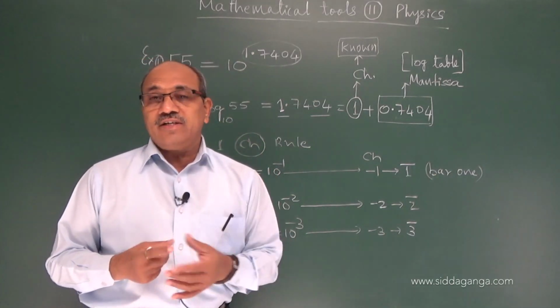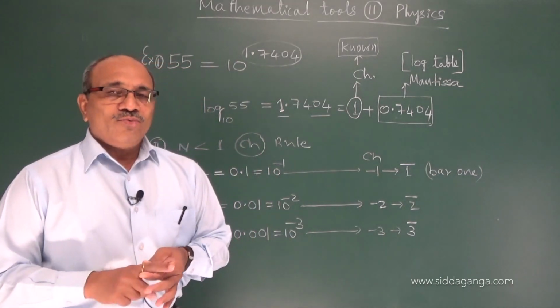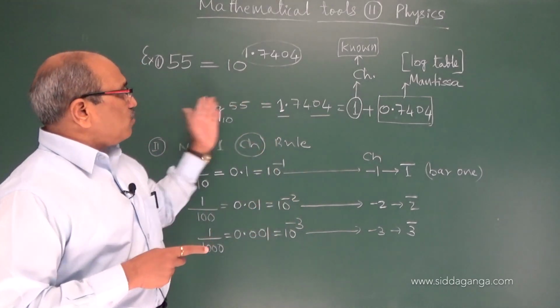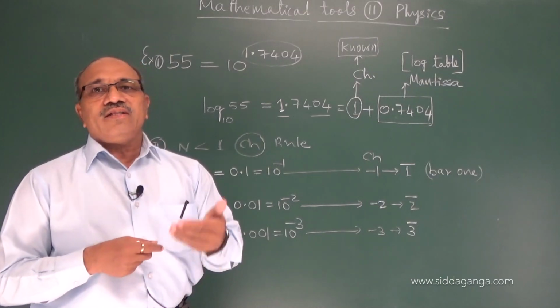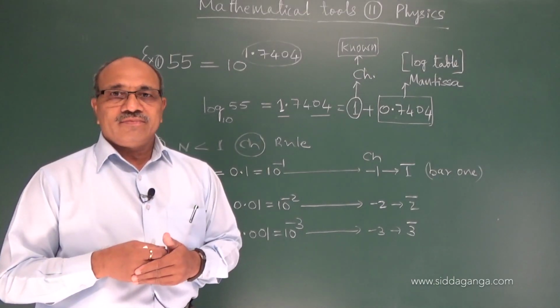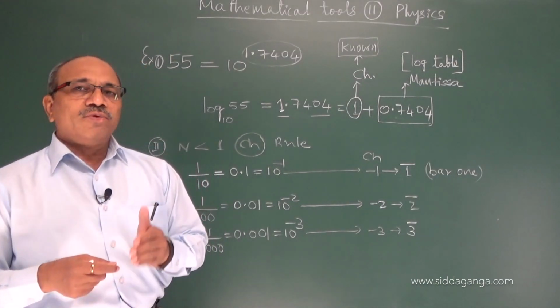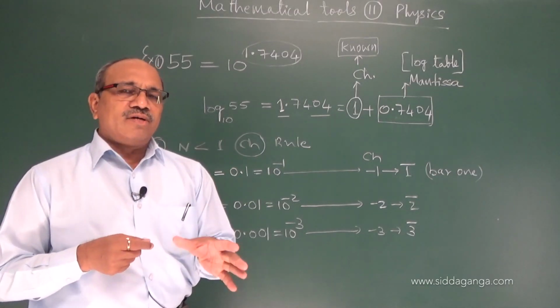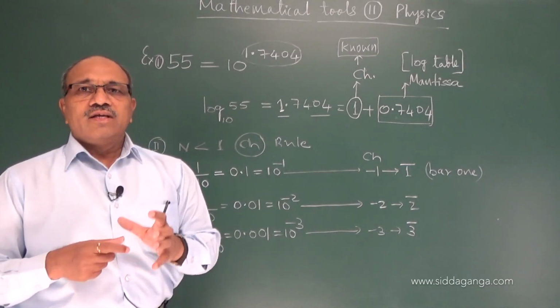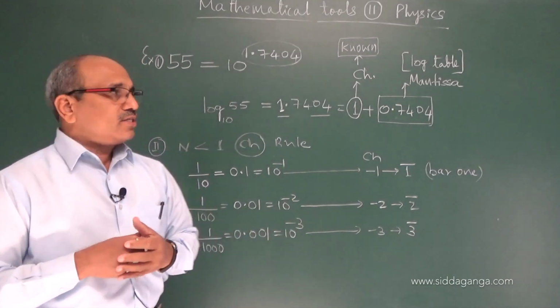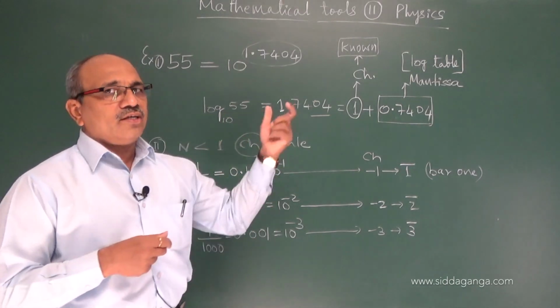As I told yesterday, it is a coding job. We coded the number 55 into a power of 10 of some value. Now we have to decode, meaning finding the anti-logarithm. Using the table, we can find the mantissa part for any number. Now we have the rules to find out the characteristic. Fusing the two, you get the logs.